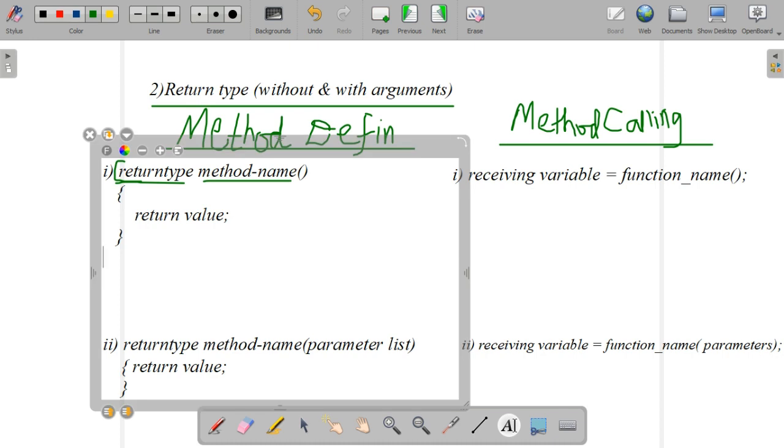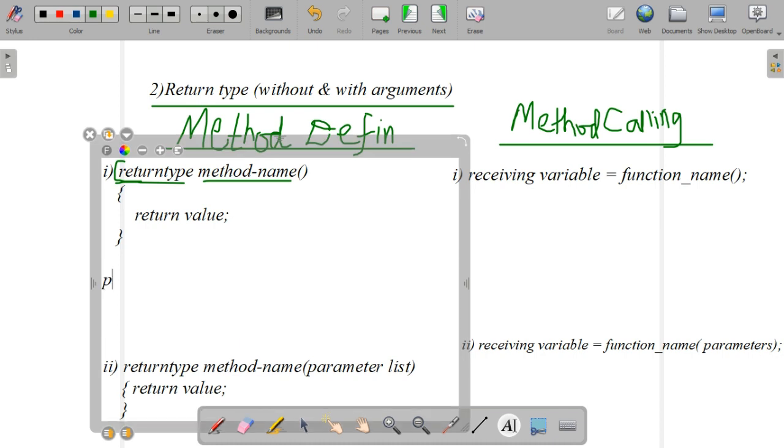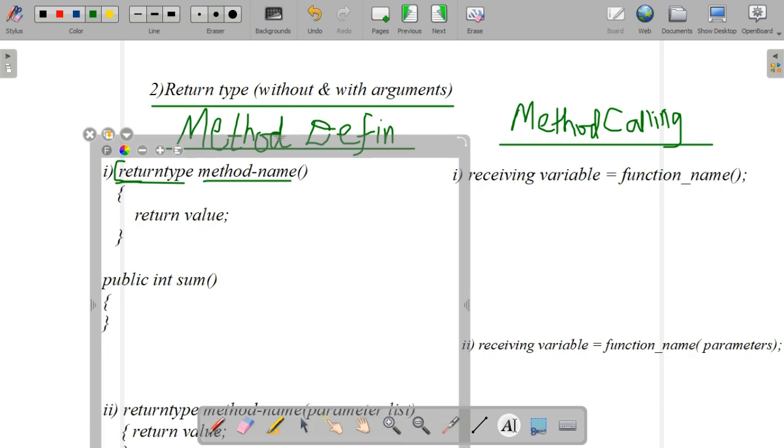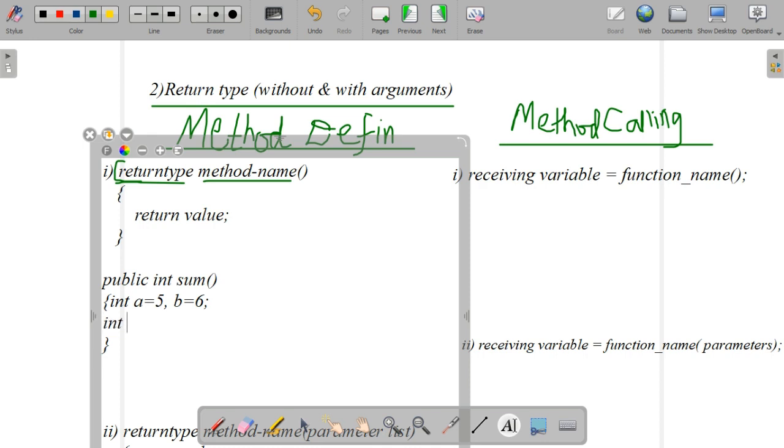You can consider an example to add two values, the sum of two values. So I'm writing public int sum. Inside that I'm writing this calculation: int a equal to 5, b equal to 6, int c equal to a plus b.